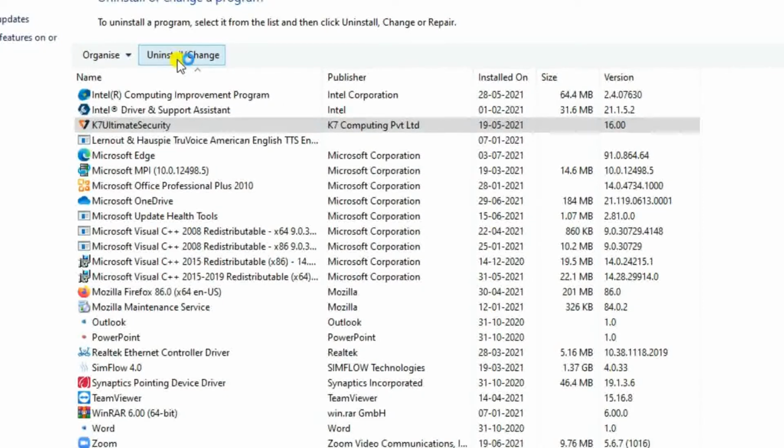It would ask you if you want to make changes to the device. Click yes, and the uninstallation will continue.